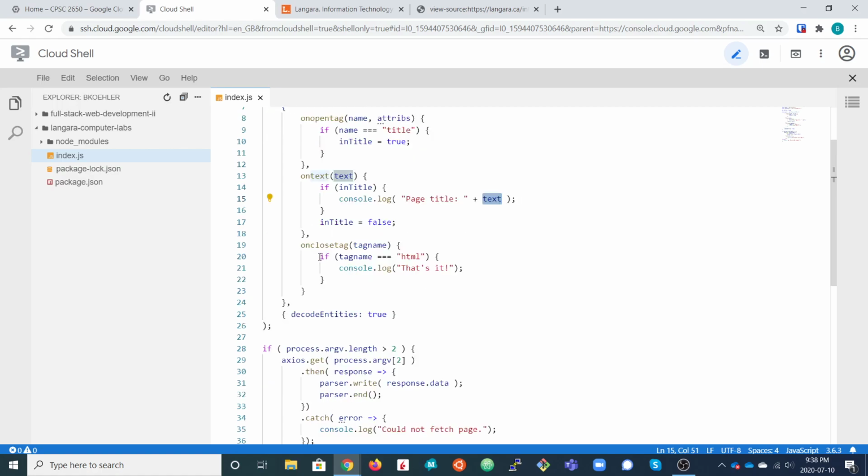I've got this third one in here on the closing tag, just to print out a message when we get to the end of the entire document. This is an on close tag event handler. The tag name comes in for that as well. We're really only interested in the closing HTML tag, and if we are closing that tag, then we just print this message at the end of the program.